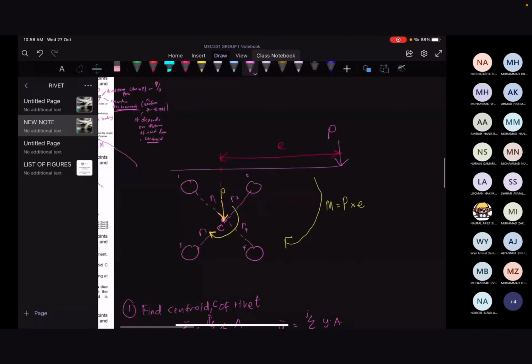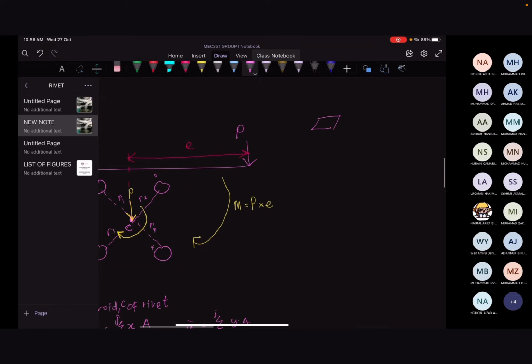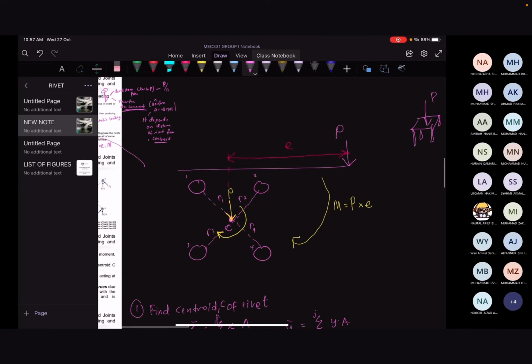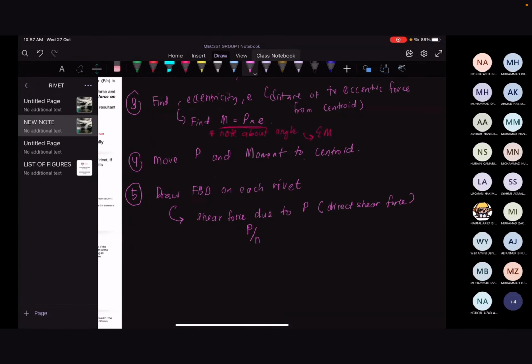Okay, this one is sama je macam apa yang saya cakap kan, kalau 4 kerusi, ada 4 meja dan ada force. So force P ni akan dibahagikan dengan 4. So sama konsep dia dengan ni. The external force ni akan induce a direct shear force on your rivet by P over N. Okay, so this will be your first force, direct shear force. And what is dia punya direction? So kita tahu dia punya magnitude adalah P over N, tapi direction dia akan jadi